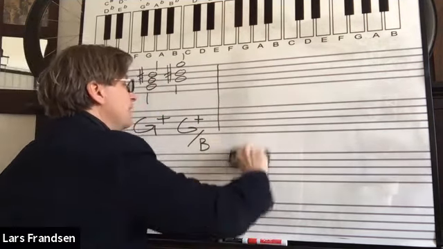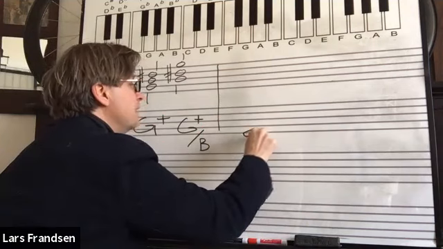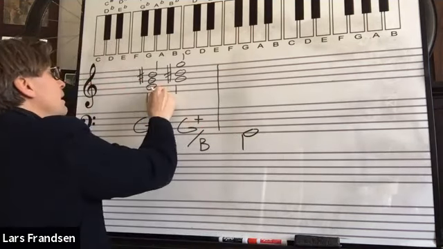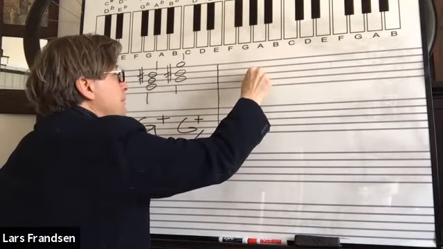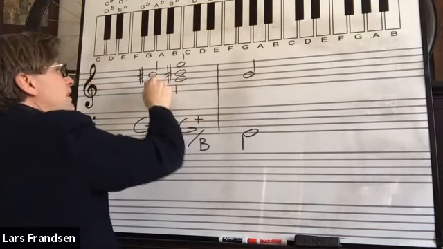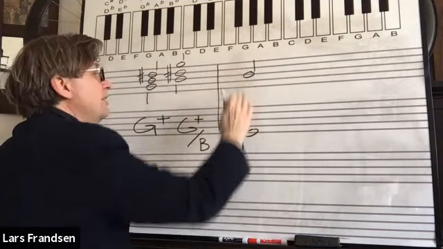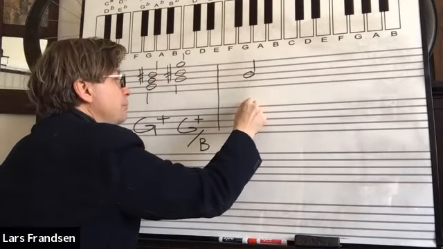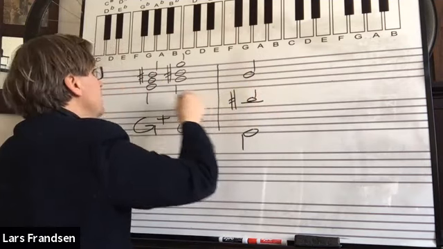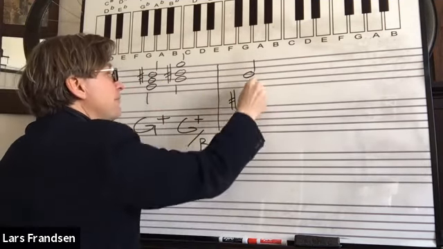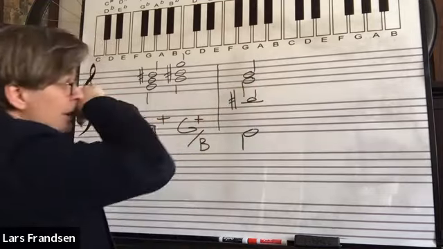Sorry, I'm starting out the wrong way. So G here, G goes down here. The chordal third, B, let me put that up here. And then the D sharp somewhere in the inner voices. I can put it here, for instance. And that means that I'm now doubling the